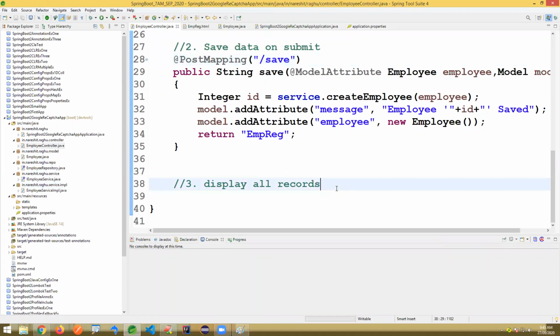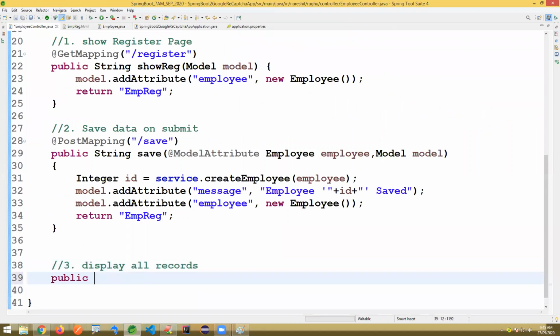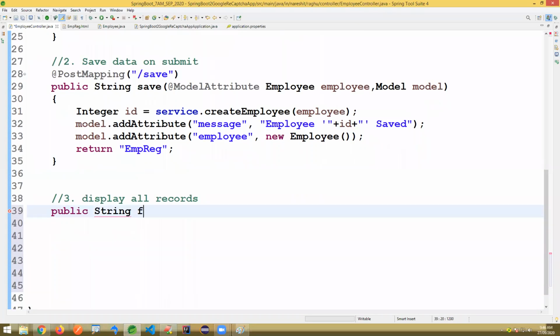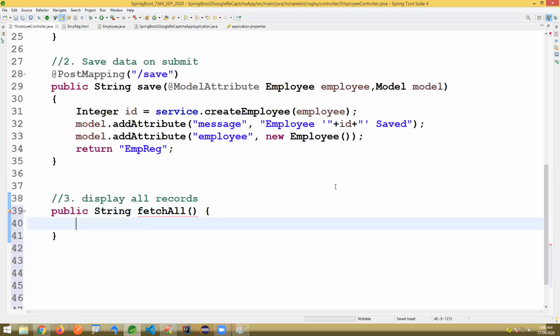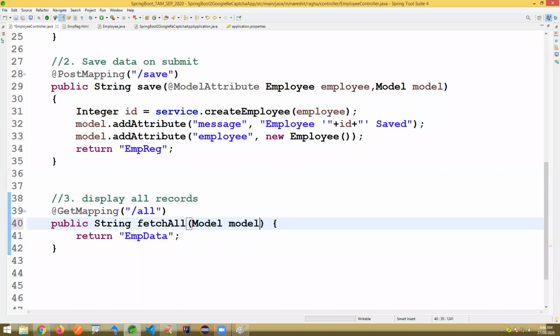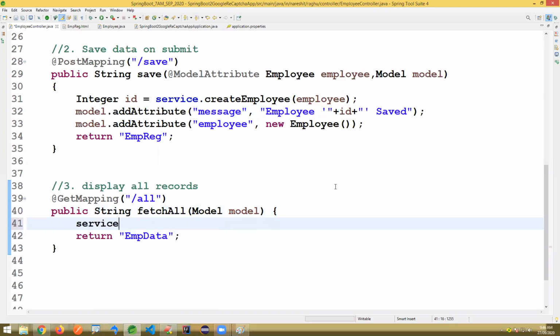Display all the records here. It's fetch all, I'm writing a method. It's the EMP data page. Get mapping, it's all. There we are using the concept of model and fetching the data.